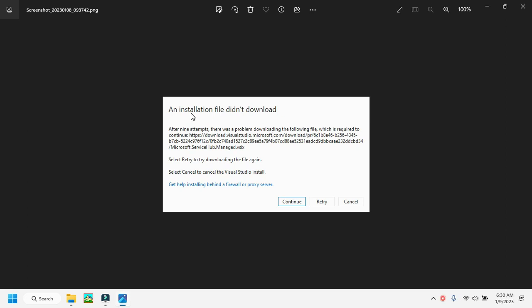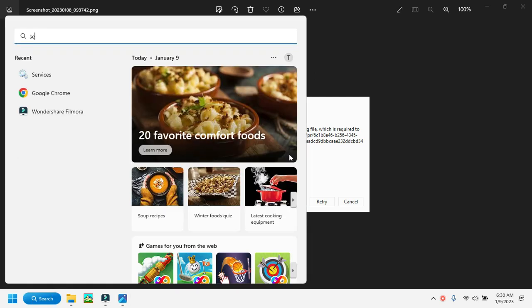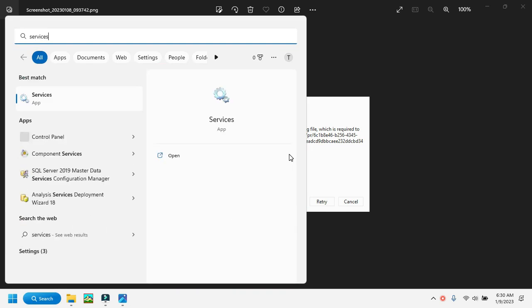You can see the error like this: an installation file did not download. And if you see the error like this, after 9 attempts there was a problem downloading the frame file. If you get this error, then first of all go to the services, just search for services,